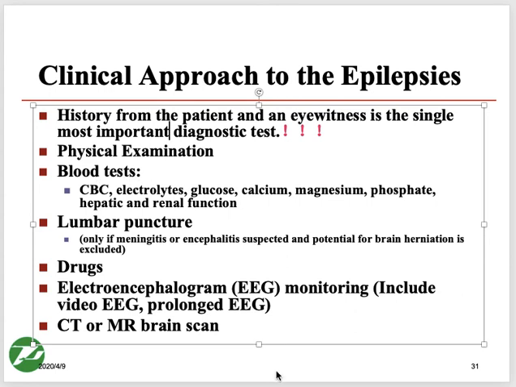We can do glucose, calcium, magnesium, ESR for infections, liver enzymes, creatine kinase. Creatine kinase is very important. Why? Because when the muscles go into too much stiff contraction, there will be muscle breakdown and creatine kinase will rise. It's a very important test to catch someone who was mimicking or fabricating a seizure. Okay, that happens in prisons, by the way.